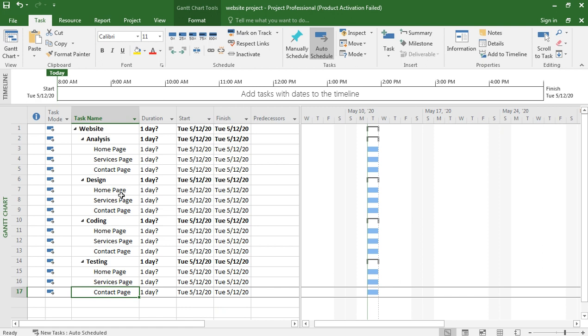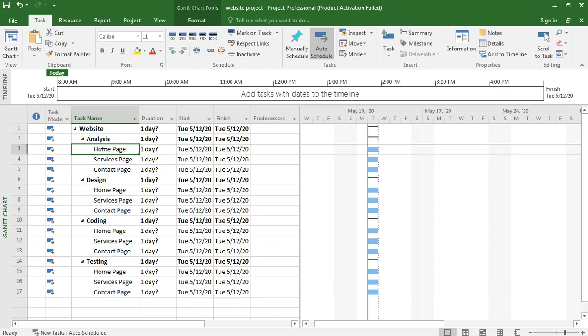So this is the area called task area, right? Now we have task defined, coding and testing. Let's see, these are the four different phases.